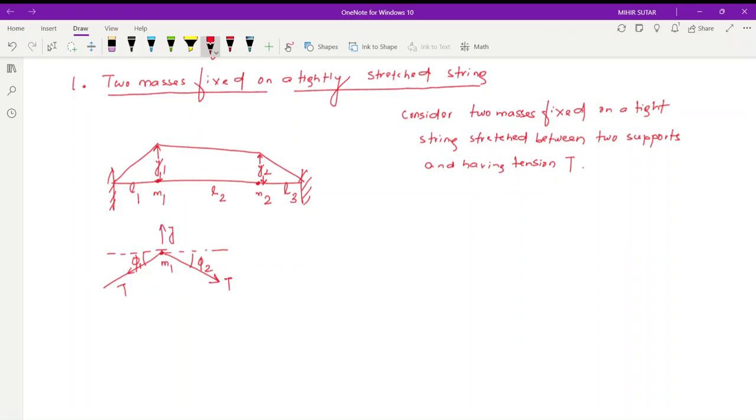This is the acceleration y1 double dot. Similarly for mass m2, this is tension T